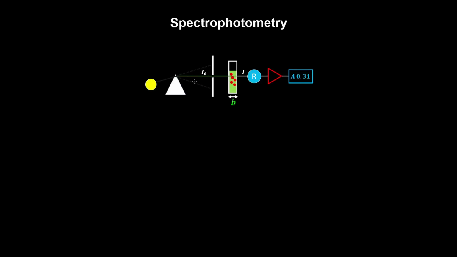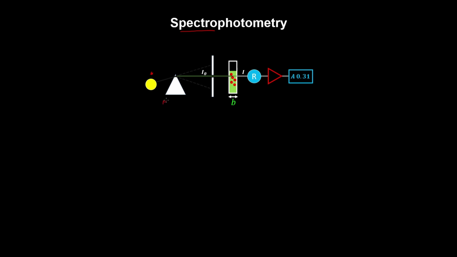Spectrophotometry is used to measure the concentration of a solution over time by measuring the amount of light absorbed by the solution at different wavelengths. So here you have a light source which produces different wavelengths of light, and this is the spectrometer component,